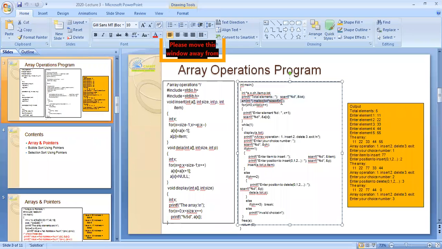Leave this A is equal to, it is not required. Now you come to entering the elements one by one. I have marked this particular for loop, so kindly see the for loop here. Inside this for loop, it is going to read all the values. It will take the total number of values you have given.